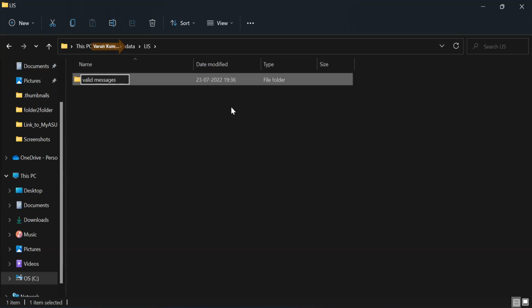Use an underscore. Whenever we are using data folders, you should not have spaces. Yeah, underscore, not hyphen, underscore.